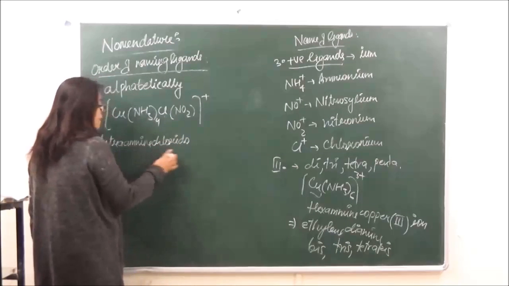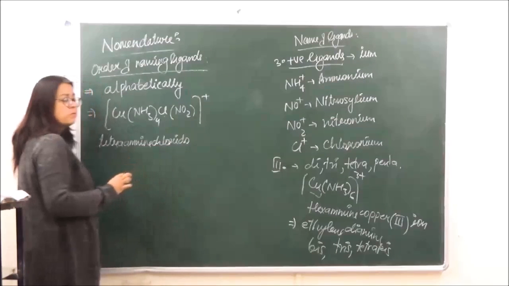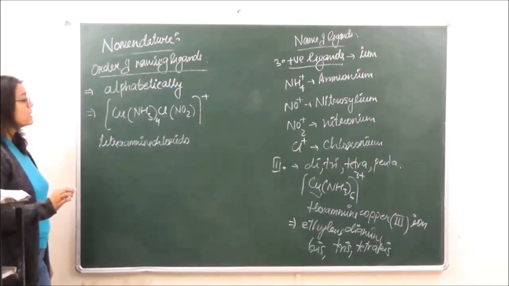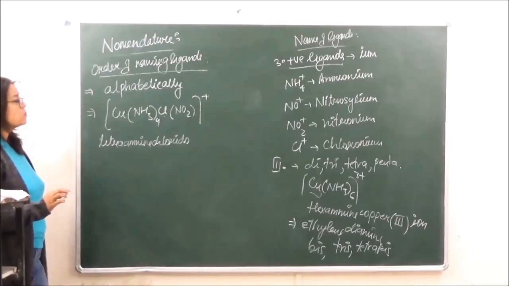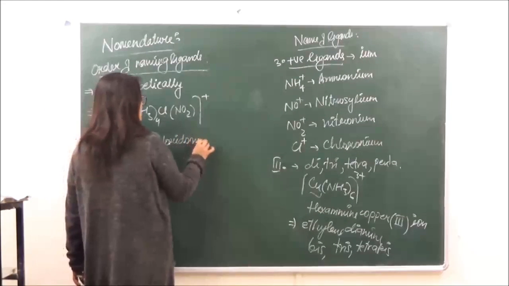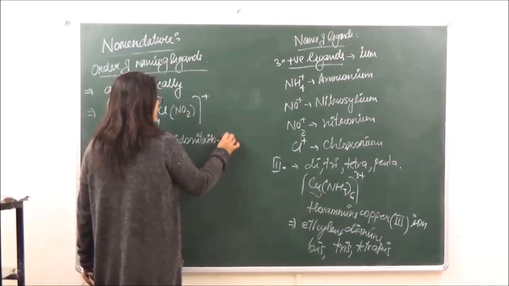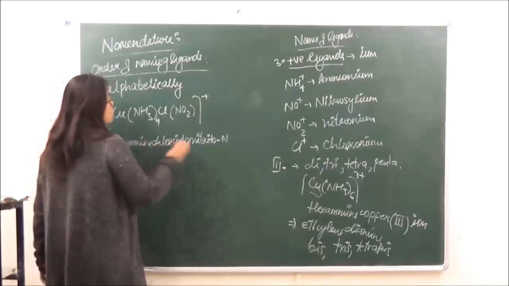Now you can see that I am writing this in one distinct word only. There is supposed to be no space between the ligands and the central metal atom. The space will only be between the coordination entity and the counter ion. Okay, so this is tetraamminechlorido nitrito hyphen N. फिर उसके बाद आएगा